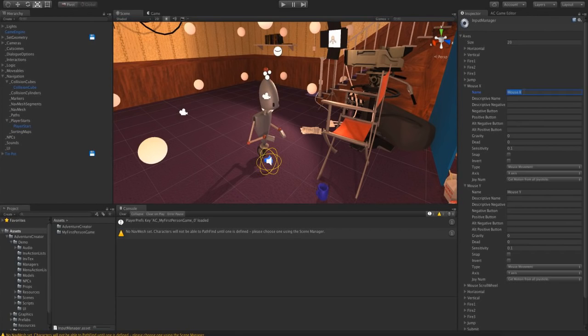And they're called cursor horizontal and vertical because using these same axes we can map them to either the mouse or, say, a keyboard or a controller, so that we can manipulate the cursor or the free look using a gamepad. So I'm going to rename my mouse X to cursor horizontal, and I'll rename my mouse Y to cursor vertical.